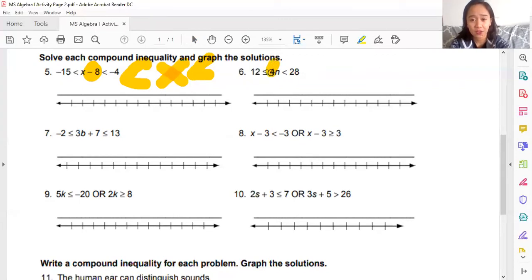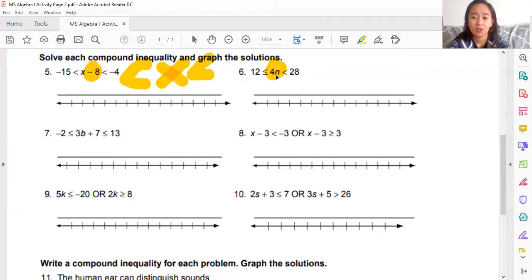Now, this one has no plus or minus, but it has 4n. What is the opposite of multiplying by 4? Because that's just like 4 times n. So the opposite of multiplying by 4 is dividing by 4. So what you're going to do is, what's 12 divided by 4? You write the answer, copy the symbol, you write n in between, because 4 becomes 1, and 1 times n